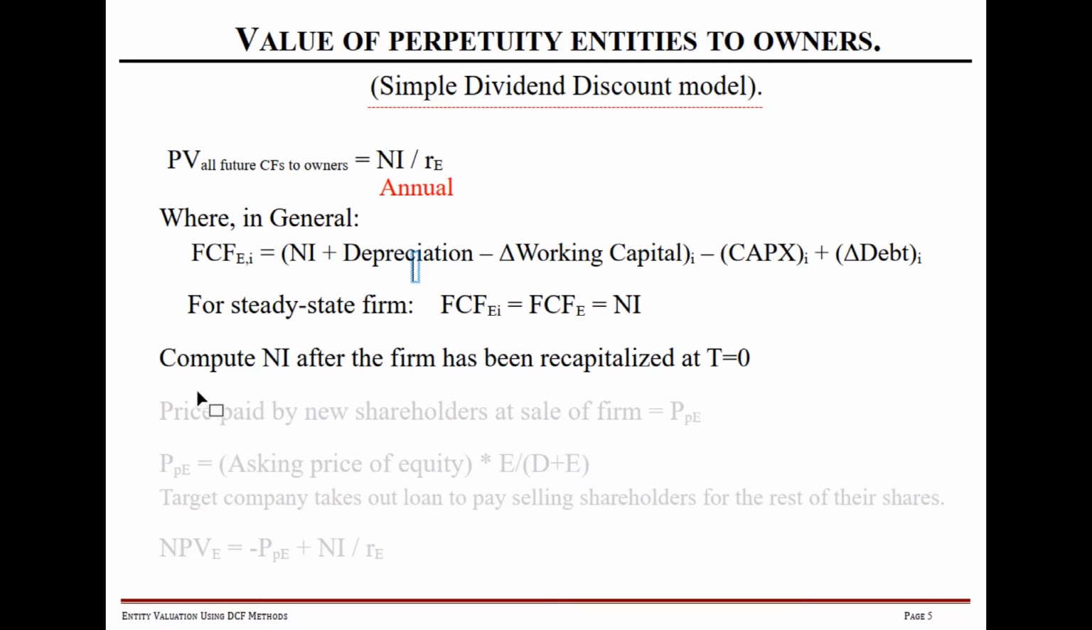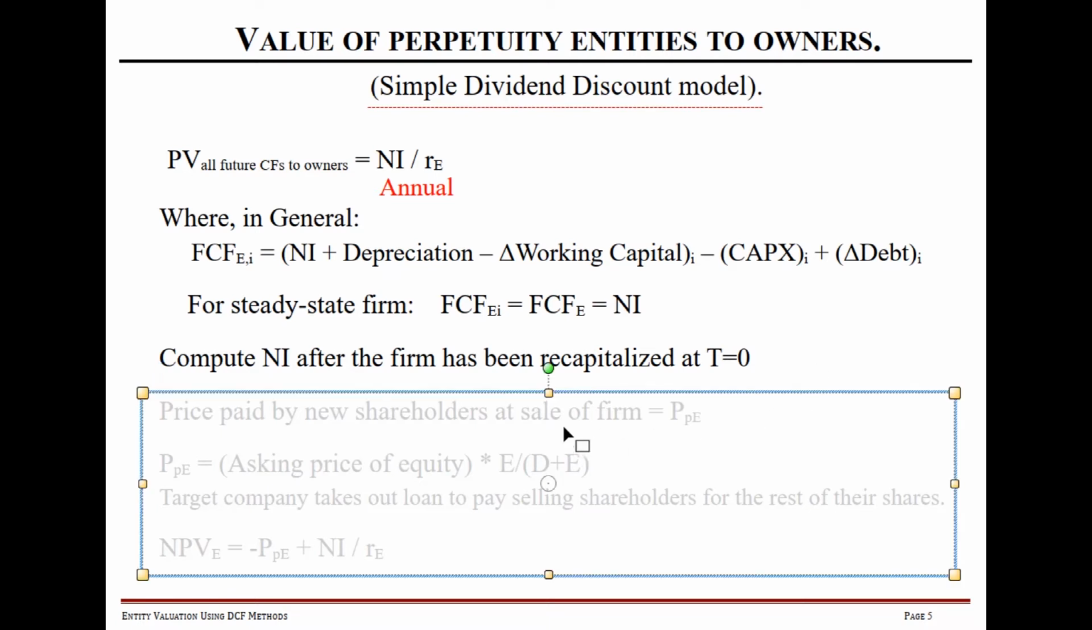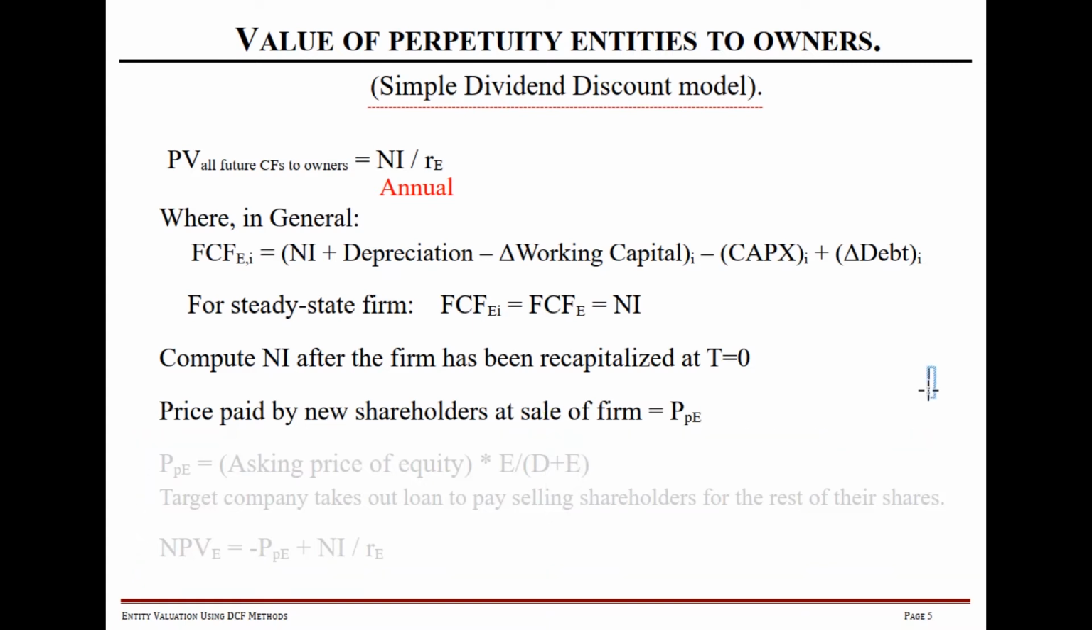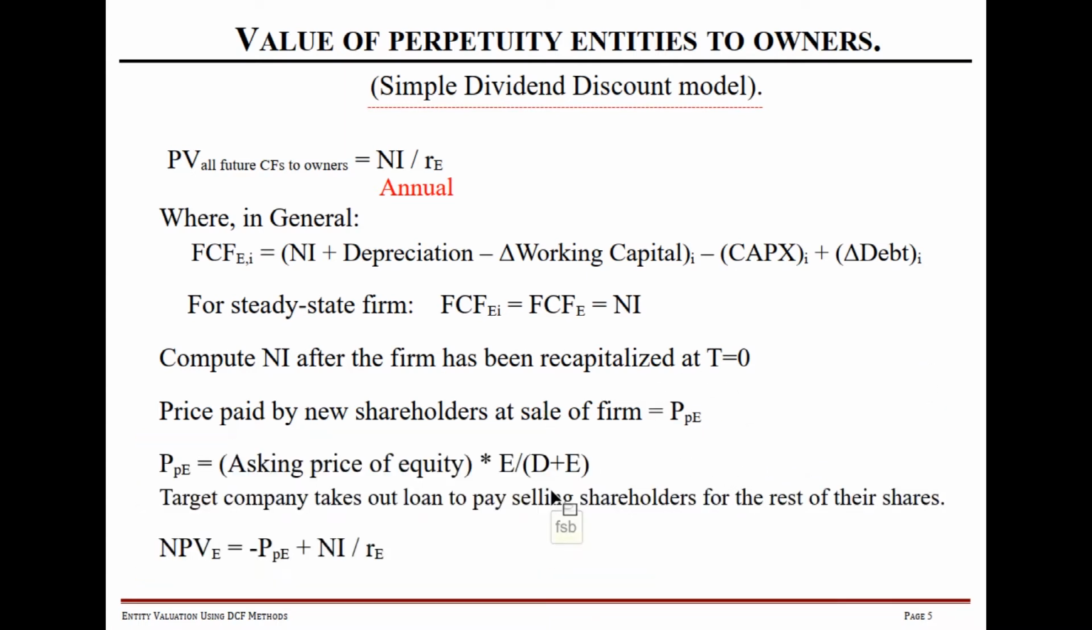equal to net income. And we want to be careful to compute the net income not in the company's existing pre-purchase state, but we want to compute the annual net income after we've recapitalized it, right? After we've set our D over D plus E ratio the way that we wanted. And the price paid by our new shareholders at the time that we're buying the firm is called PPE, and that PPE is equal to the asking price of the equity times our adjustment. This is our equity over debt plus equity ratio after